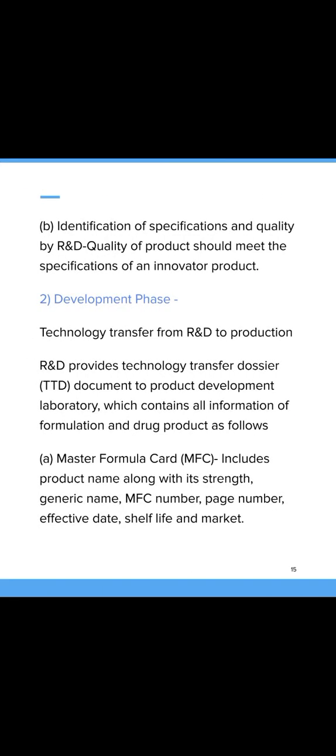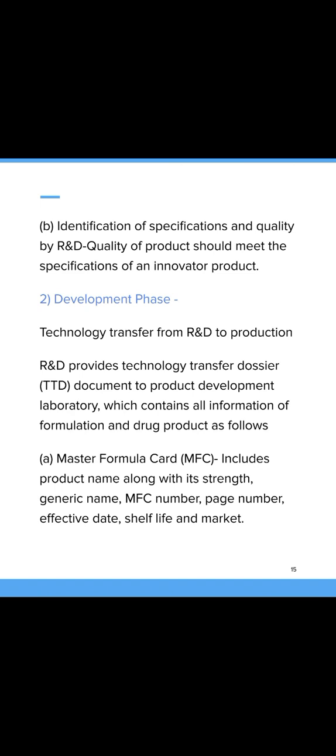Identification of specification and quality by R&D. Quality of product should meet the specification of the inventor product. Second phase is development phase. It includes the technology transfer from research and development department to production. R&D provides technology transfer dossier document to product development laboratory, which contains all information of formulation and drug product as